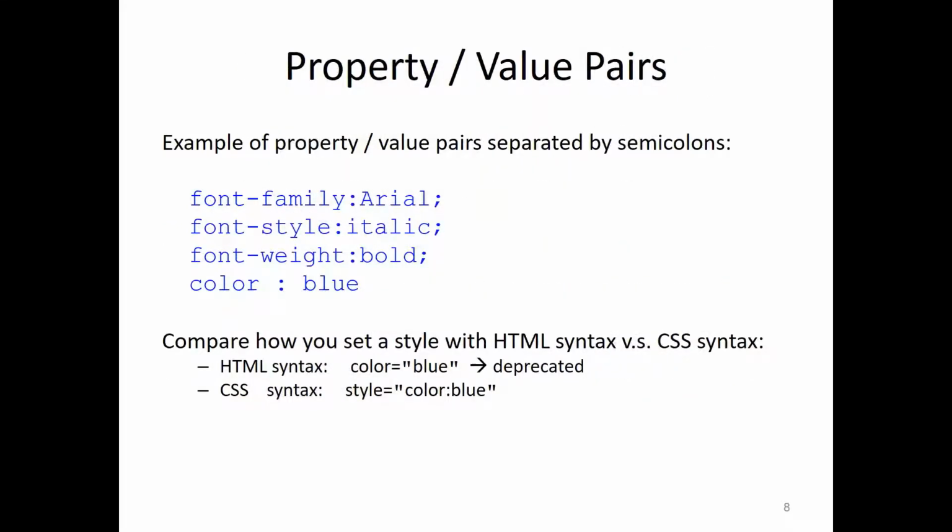Now this is an example of the properties which you can set. You can set more than one property with the element, and those properties will be separated by semicolons. Like I have set here font family is Arial, next property is font style, which is italic, and font weight is bold. So with a colon you write the property and value pair, and for separation you use a semicolon.